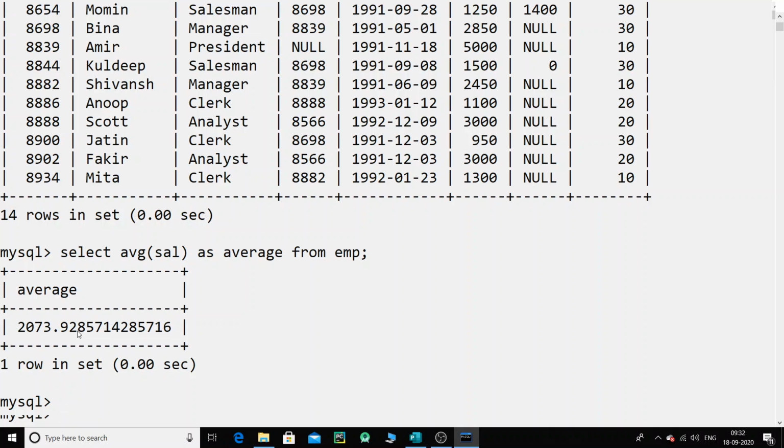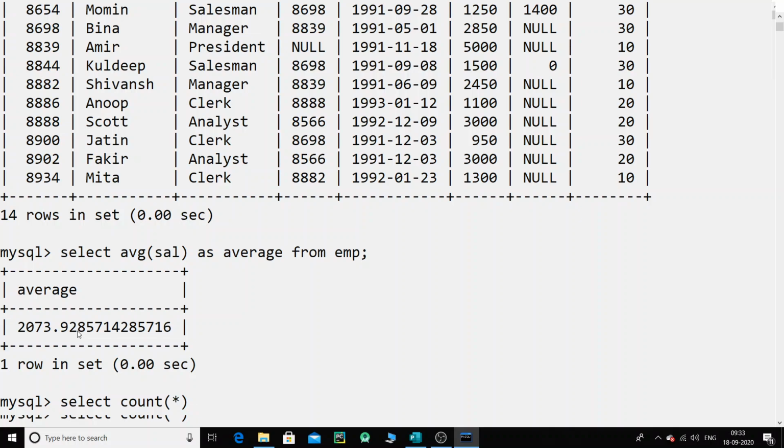Okay, now let us understand the working of the count function. How can I use the count function? For example, I want to count the employees that I have. So I will say select, and simply I can use the count function with star, that's the syntax, that's the way to do it.